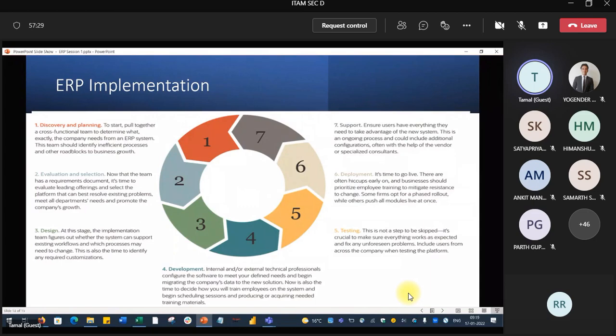So this is the ERP implementation process, seven steps. In any book, if you open it, you will find this. It seems that you just follow the seven process steps and you will be very successful when ERP is being implemented. This is not at all the case, because there are so many problems you have to overcome in the two years or so.